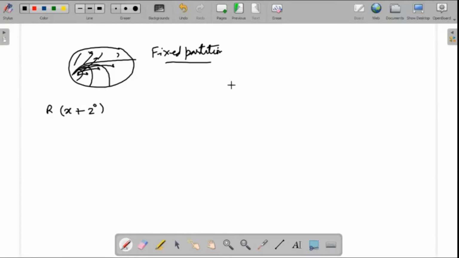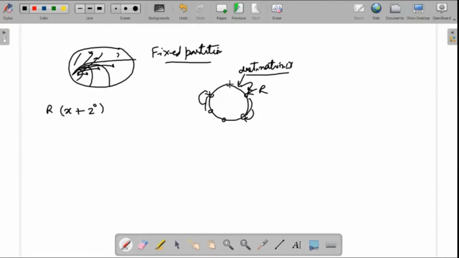The root node in a Chord is defined in this fashion. A Chord consists of the node IDs organized in a circular fashion. If this is your destination ID, I can define that any node which is higher than this destination ID but smallest in value, in cyclic fashion, will be the root node. For this whole range, this will be the root node. For this whole range, this will be the root node. So we can define the root node in that fashion.